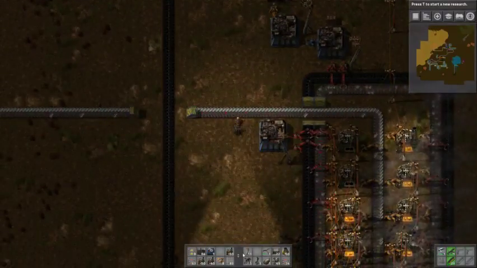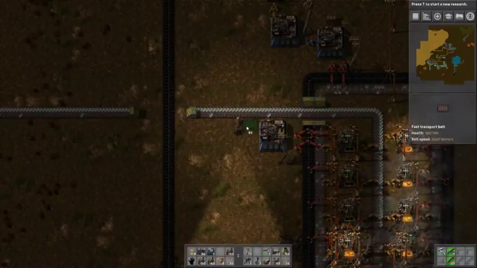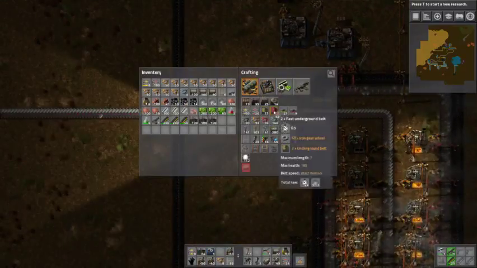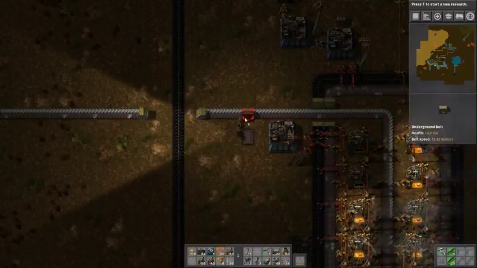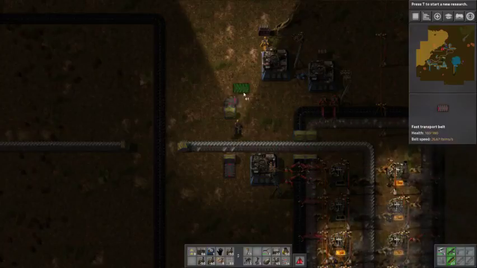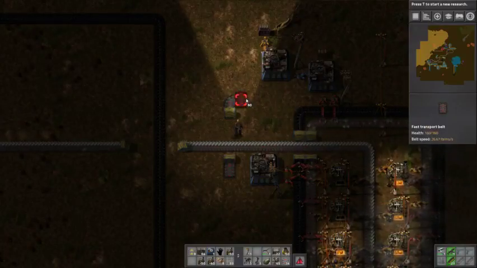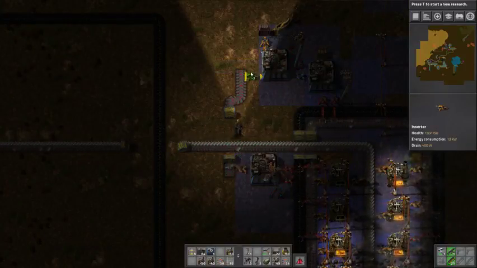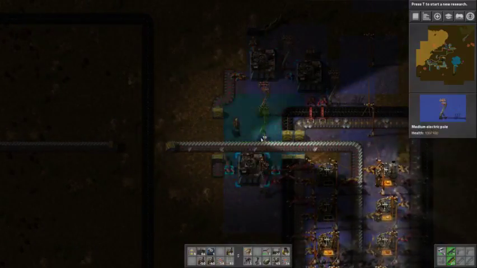Okay. Got a little distracted there. Let's go ahead and build that there. Get an underground transport belt system to bring these pipes over here. Now normally I would never do it this way, but since I'm just setting this up temporarily...